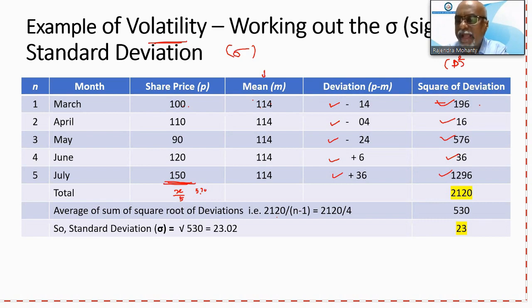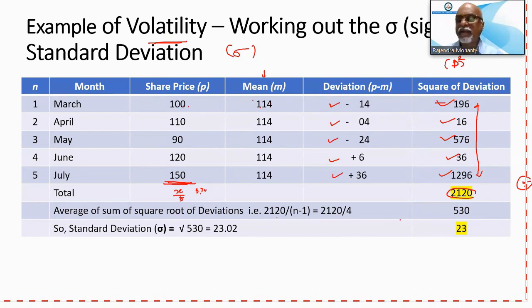Okay. So next step is to add all these squares of deviation. These 5 are to be added. This is 2120. Now, when we have the sum of squares of deviation, you have to find the average. Average of 2120. That is very important here, because when we calculate the average of the sum of squares of deviation, we are not going to divide 2120 by 5. We are not going to divide by 5, because